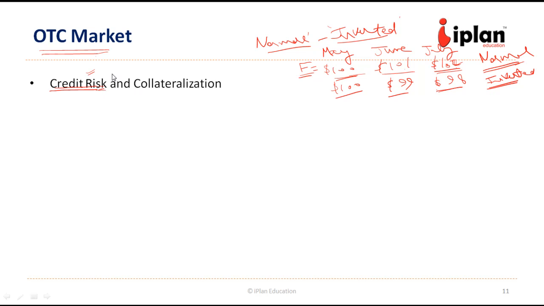To mitigate this credit risk, we do not have any margin requirement kind of system which was there in the futures case. We have collateralization. So we have a collateral in the case of over the counter market, for example, for forward or swap kind of contracts. This mechanism is going to help with credit risk mitigation. Even in the case of over the counter market, there is a clearing house which will help in the transaction process.